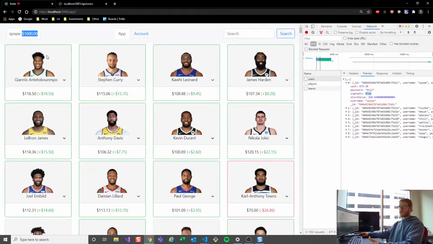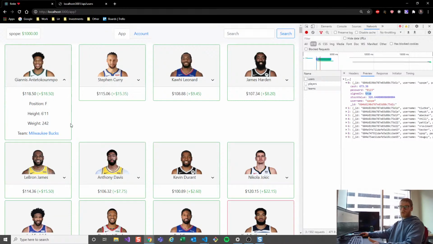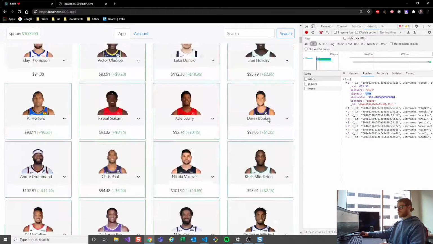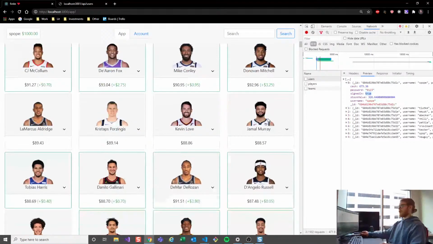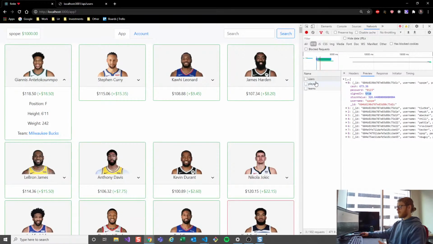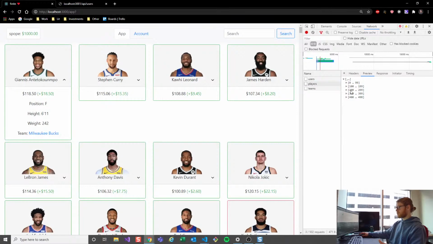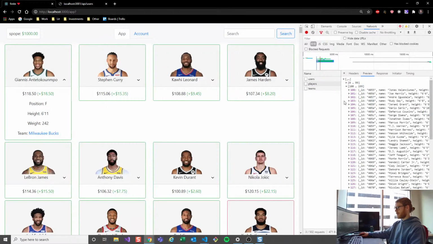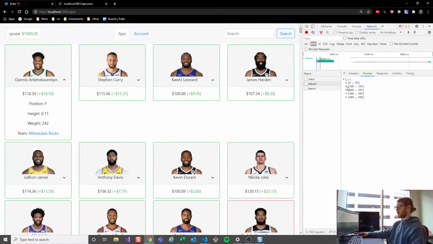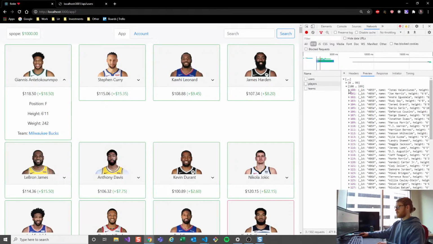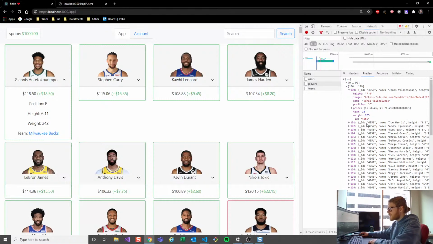You see I've added photos of all the players, and they all have a price now, but same basic concept. We've got our cards. This is all just bootstrap styling, and we've got every player here. So really the data is essentially the same. I've just added a few bells and whistles. So still got our 500 players. And if we look at just one player in the response,